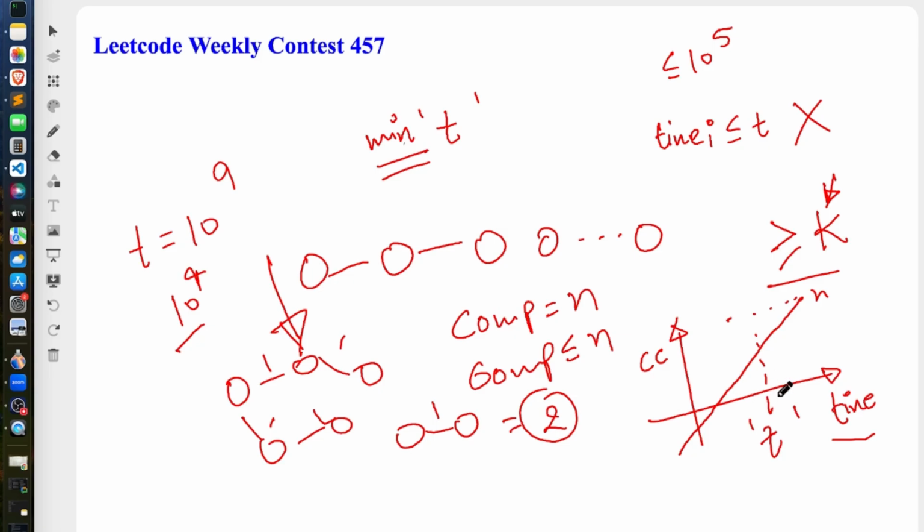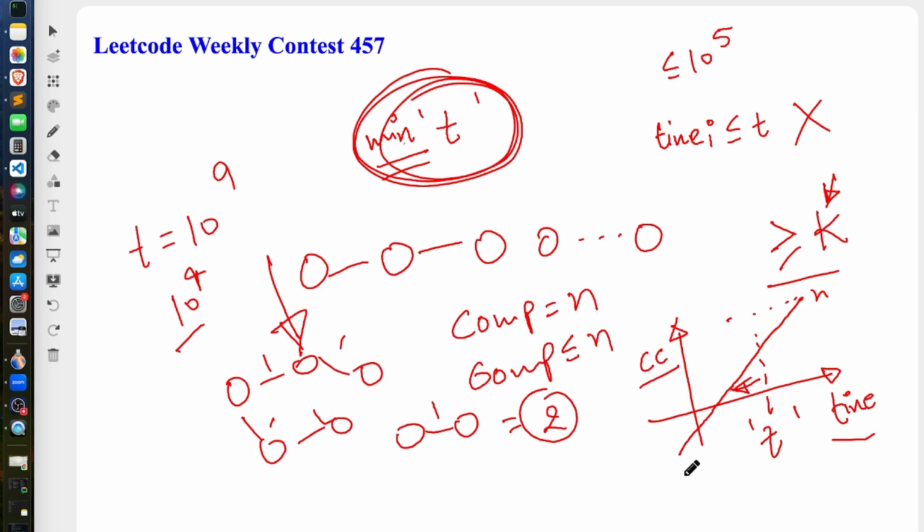And if you take this time, there is no point of going afterwards, right? Because if you go afterward, we know that your number of connected components is going to increase if you go beyond t. So it's better to keep it in this half of the time, because you have to retain the minimum time, right? So for this particular time, if you get your number of connected components greater than or equal to k, you'll be in the left half. Otherwise, if that is not true, let's say for this t, your number of connected components is